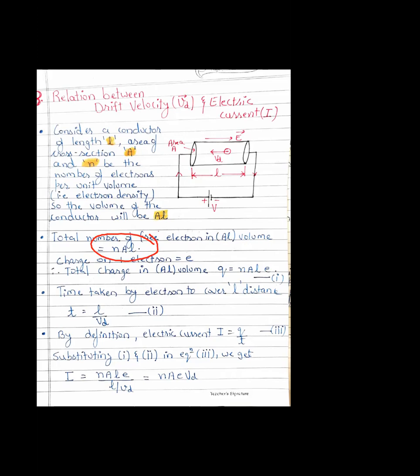ठीक है, इतने इलेक्ट्रॉन्स हैं. हमें पता है 1 इलेक्ट्रॉन का जो चार्ज होता है, the charge on electron is e. हमें पता है, 1 इलेक्ट्रॉन का चार्ज कितना होता है? e. e की वैल्यू we know 1.6 into 10 to the power minus 19 coulomb. How many electrons are there? हमारे पास कितने इलेक्ट्रॉन्स हैं? ये रहा, अभी तो कैलकुलेट किया हमने, right? That is NaL.